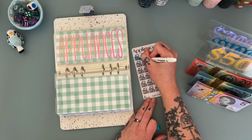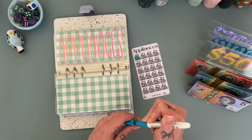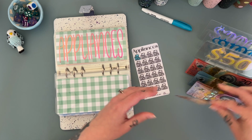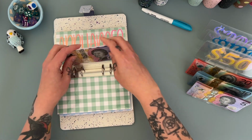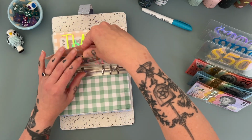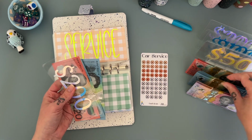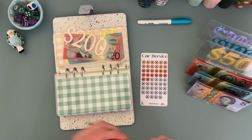We do also need a garden hose. Ours got destroyed as we were ripping it here, there and everywhere and shoving it into the flames when the house next door went up. So a new hose is also on our shopping list from Bunnings. $15 going into appliances. Car service is getting a 10. And then